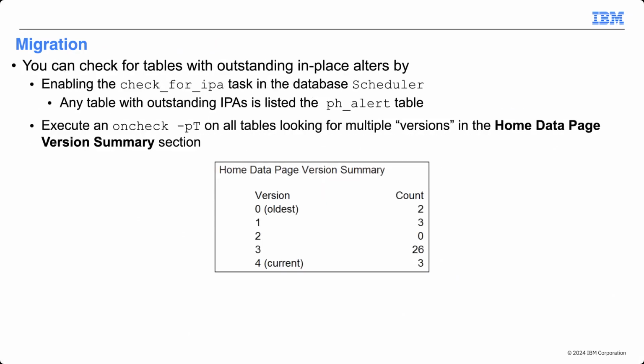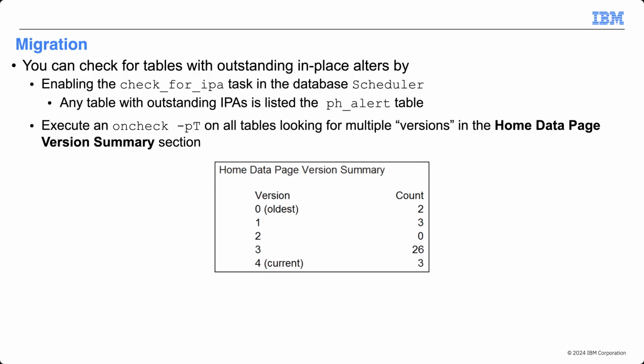So how do you tell if you have an in-place alter anywhere? Well, you've got to check for the IPA task in the database scheduler, which I believe is currently disabled by default. So you can go ahead and turn that on, let it run for a couple of days and so forth. And then you'll get a list in the ph_alert table for tables that have these existing IPAs. Or you could manually go out and look at every single table you've got with an oncheck -pT,